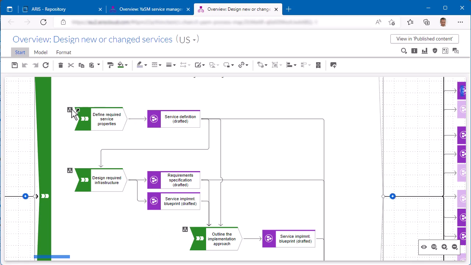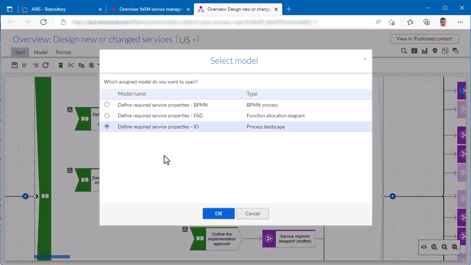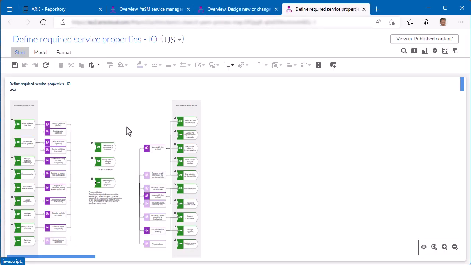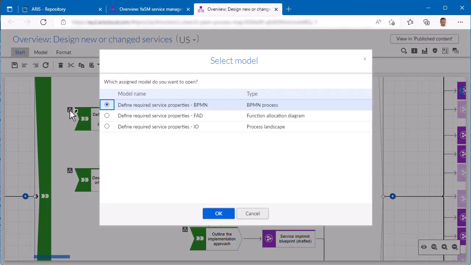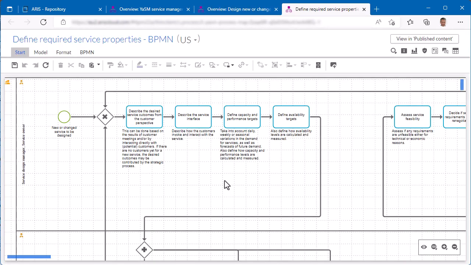If we click on the assignment symbol, we find that the process has several assigned diagrams. The first one is a process landscape model with a complete list of all inputs required by the process and all outputs produced. The other assigned diagram is a BPMN process with activities. So here at this level of detail, we get to see in detail what activities need to be performed by